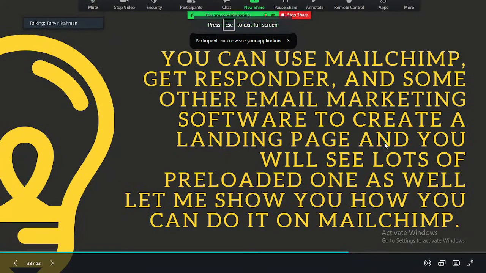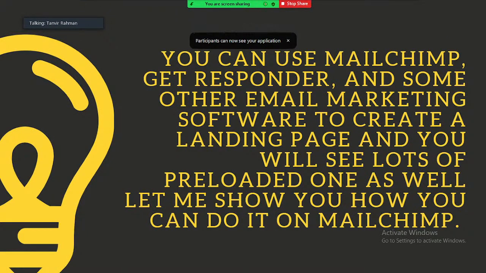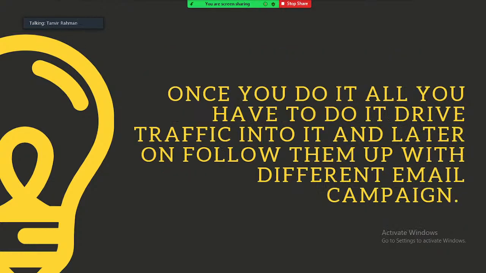So creating a landing page is really easy if you are using Mailchimp, and for other email marketing software as well. It's really easy and it's free. For Mailchimp, it's free up to almost 2,000 subscribers, so you can use it for free. And there are other email marketing software like ConvertKit, MailerLite, or something like that. And you can use a paid version like GetResponse. It's really amazing because with GetResponse you can do some other things as well, but that's really amazing.